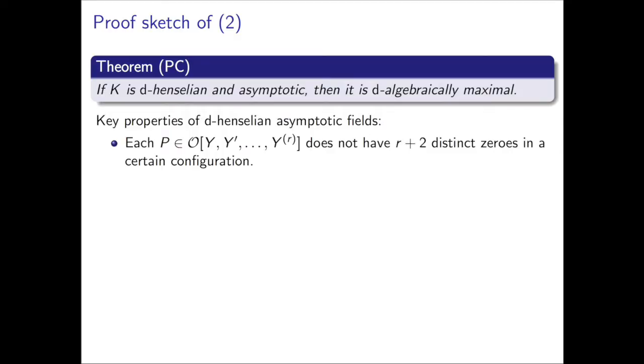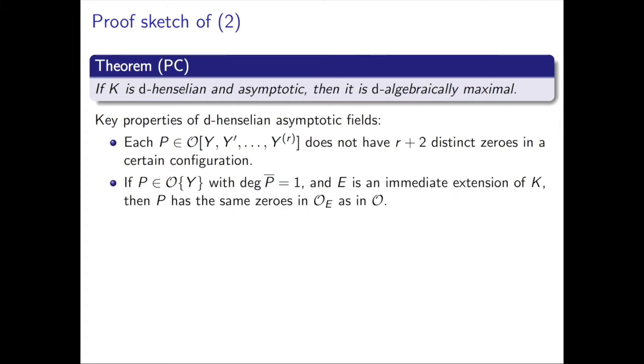So, in some sense, everything boils down to this key property of the Henselian asymptotic fields, which is that a differential polynomial of order r doesn't have r plus 2 distinct zeros in a certain configuration. It's a little bit technical. I don't want to go into what the configuration is, but somehow everything boils down to this configuration. And just as a short point,